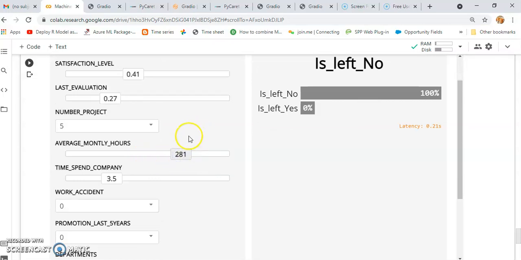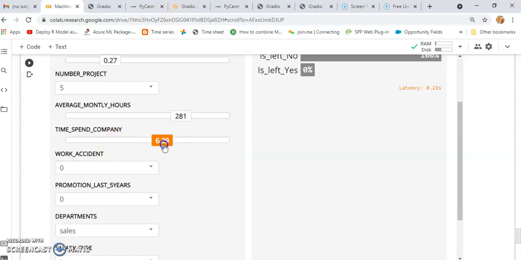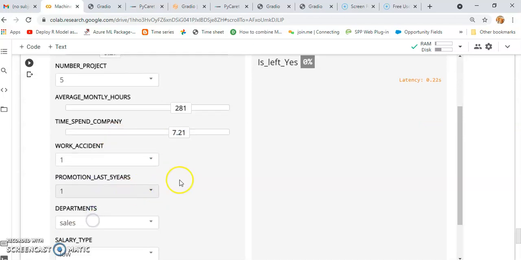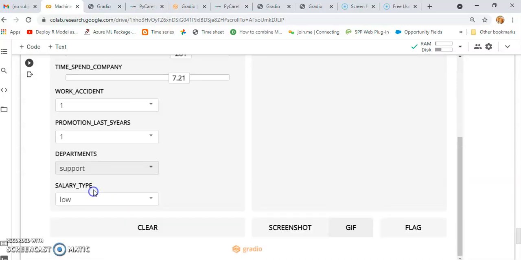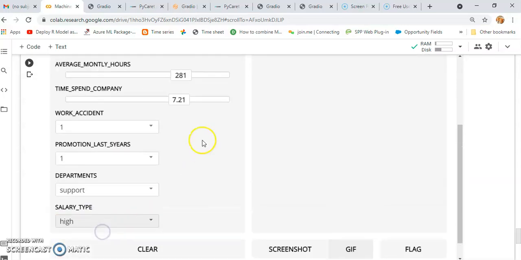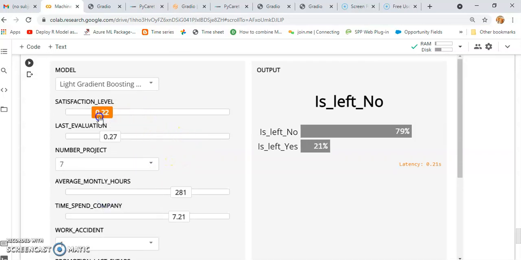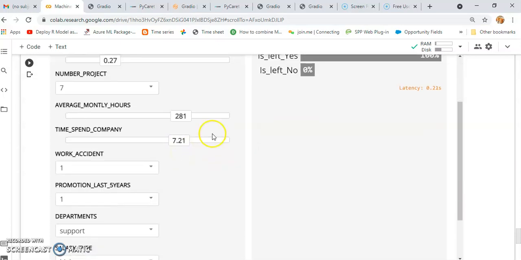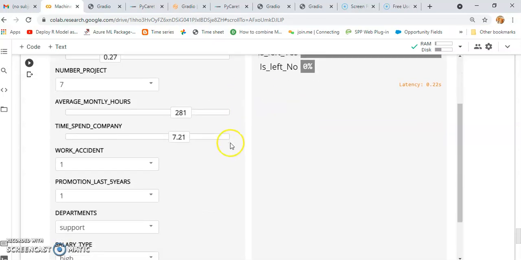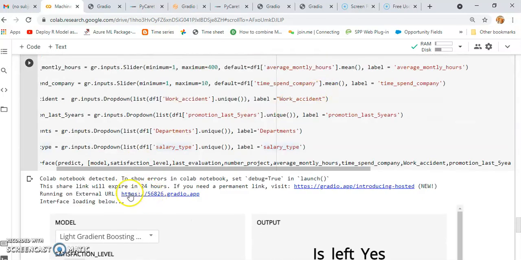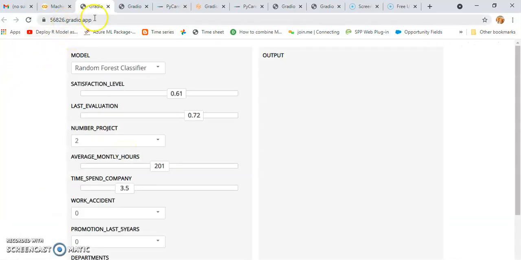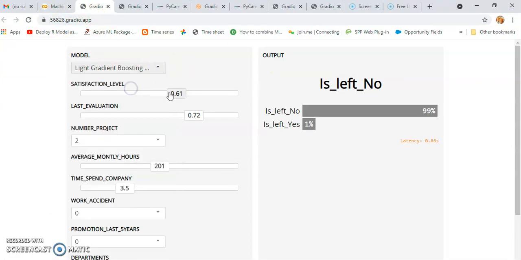You can set average monthly working hours, time spent with the company, then work accident, promotion in the last 5 years. You can choose department accordingly, and low, medium, or high salary. So very easily, here is one option, one URL. You can just click on that and it will open in a new browser window. You can play with it.